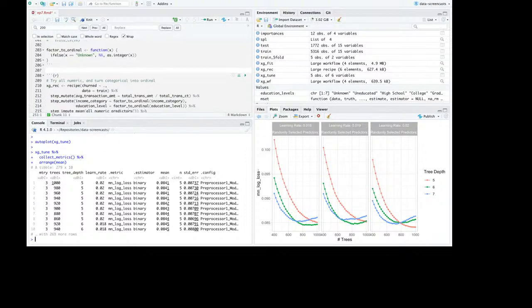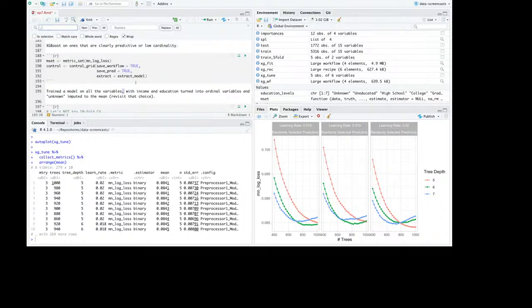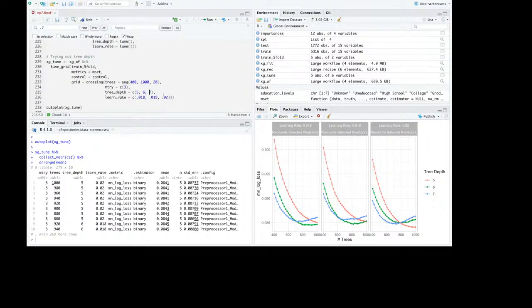And the best was at 1,000. Look at this, tree depth 5. It kind of was still 0.02. Kind of still learning, but I like it. Tree depth 5 was still learning at that rate. What if I removed the 7 and let it go to 1,200?